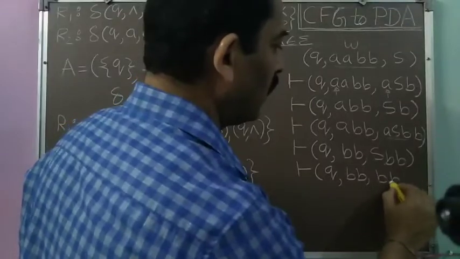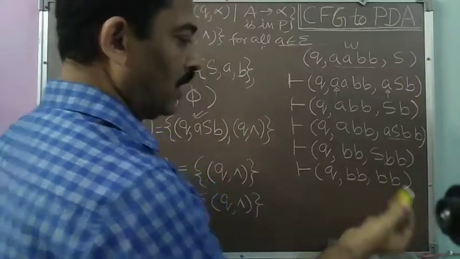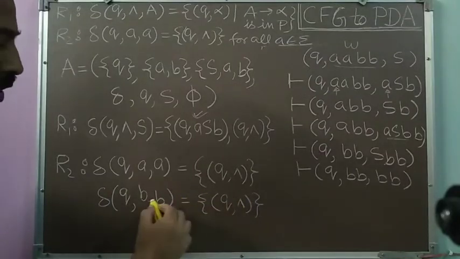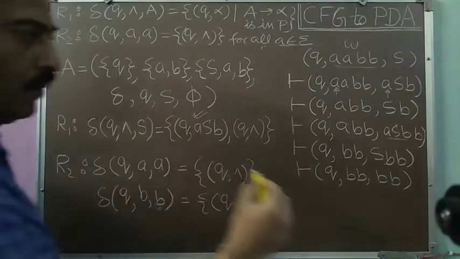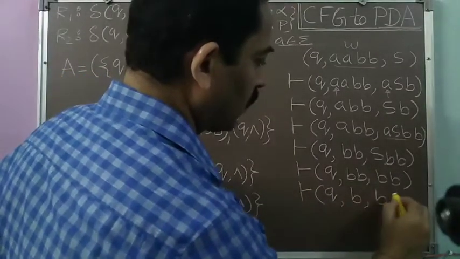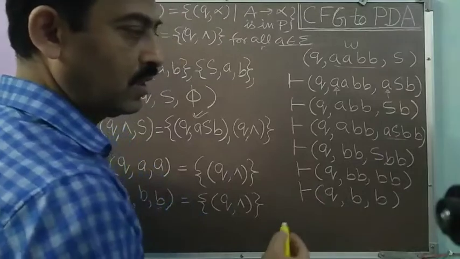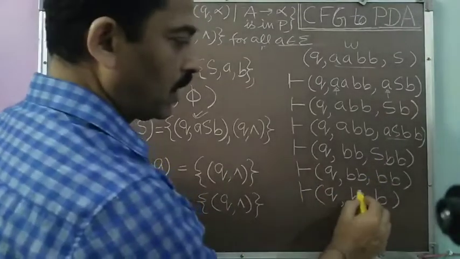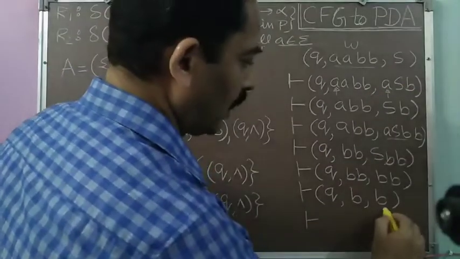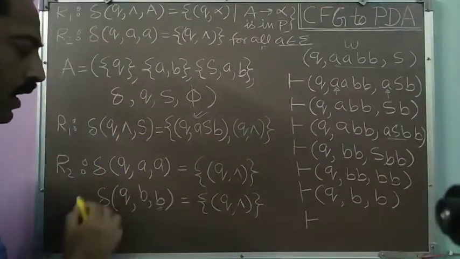So BB will be there. Now B is on the top of the pushdown store, and in the input I am getting the same symbol. Both are B. So this particular transition (q, B, B) is applicable, and I can remove the topmost pushdown store symbol, that is the B. The next ID will be q, B, B, because one B from the input has been consumed, and the topmost pushdown store symbol has also been removed. One B remained in the input and one B remained on the pushdown store. Then again the top of the pushdown store is B, and in the input we are getting B, the same symbols, so again this (q, B, B) can be applied.